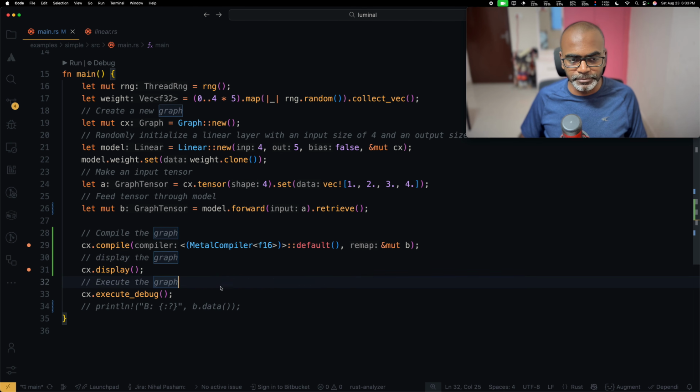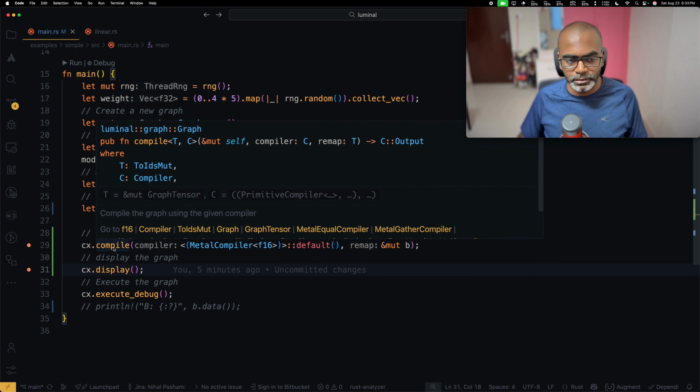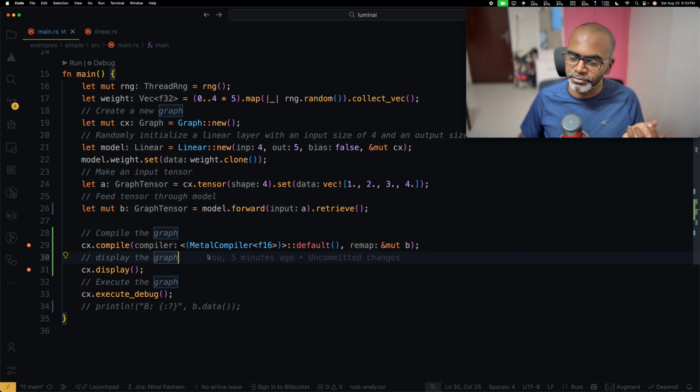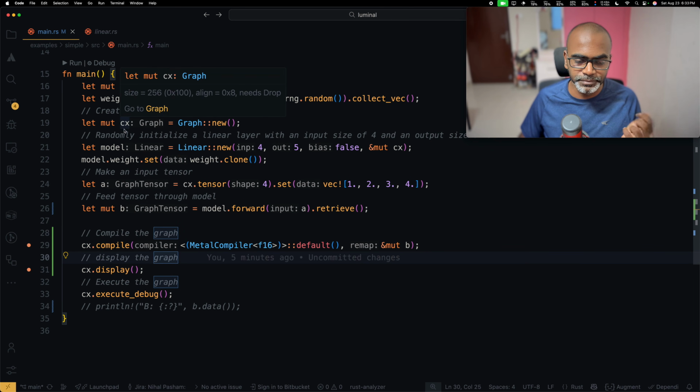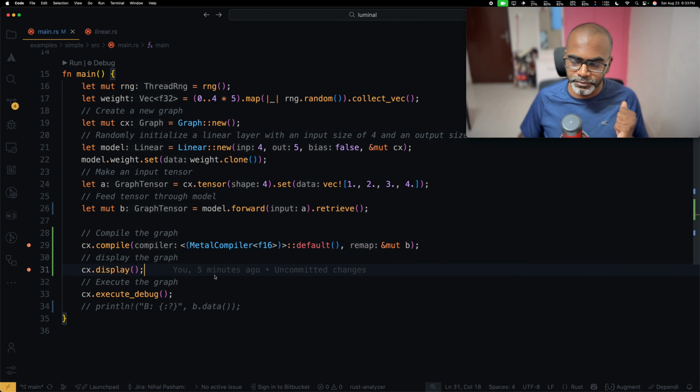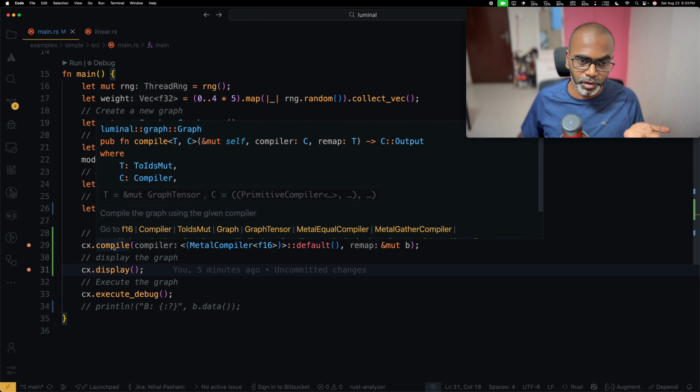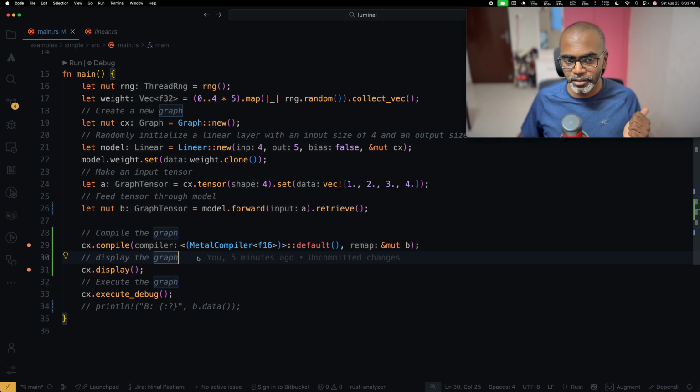So, and then we come here. We see you call compile on your graph. So your graph was here, and you call compile on the graph, and then you say, what kind of compiler am I going to pass in, so that you're going to go ahead and compile it. Compile the graph using the given compiler. So I've put metal